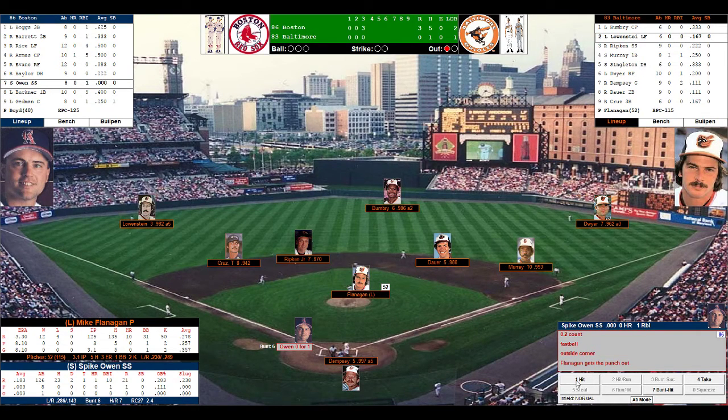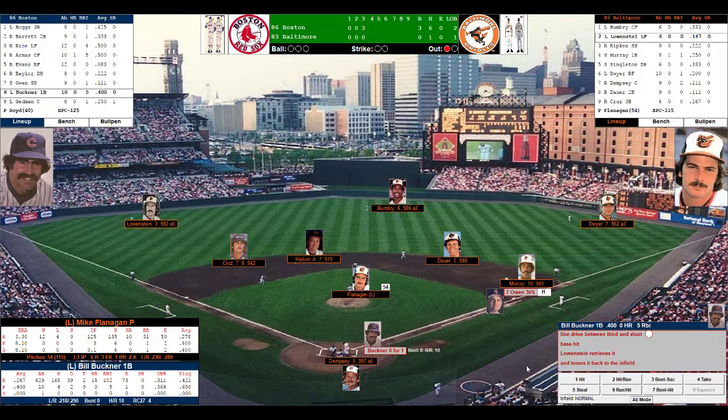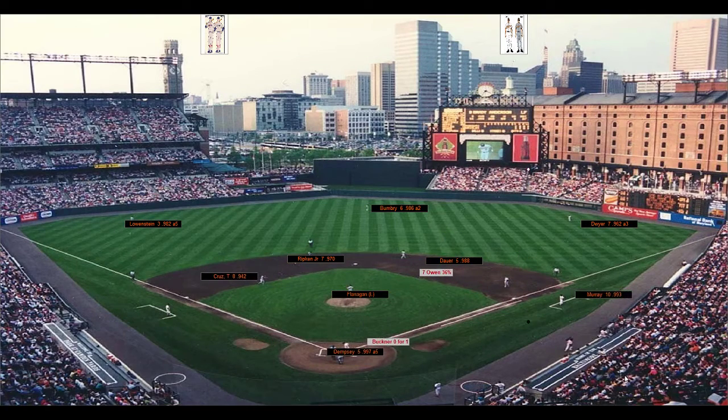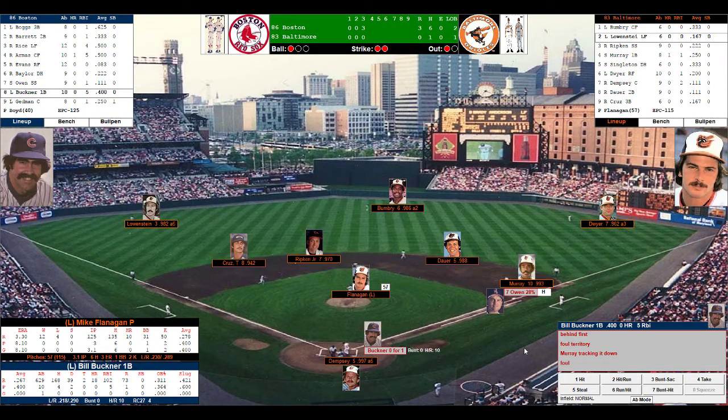Dempsey sets the target. Here's the pitch to Owen. And that's a single to left. So Spike Owen has a hit. 1 out, 1 on. He's a 7 out of 10 base running ability. Murray to hold him on. And here comes Billy Buckner. Buckner's 0 for 1. He flew deep to left center in the 3rd. Flanagan looks over at Owen. Red Sox will play hit and run with Buckner. Here's the pitch. There goes Owen. He pops it up, and it goes foul. Murray gives chase, but runs out of room. So the count's 1 ball, 2 strikes. Hit and run is off.